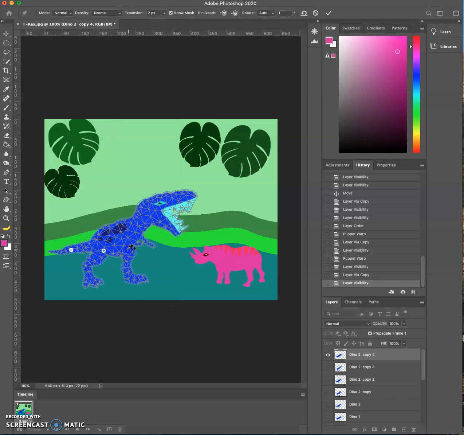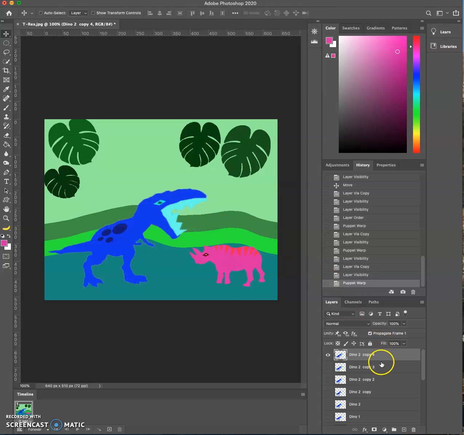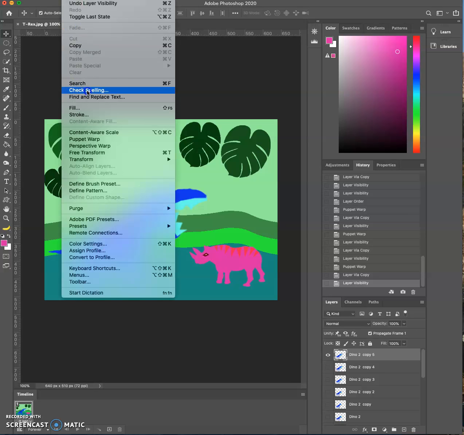Line him up again. Now, I'm going to start by lining him up really nice. I can pull that down, pull it up. There we go. Now his teeth are getting nice and big. All right, return. Now I'll do another one, Command J, turn off that one. Go to Edit, go to Puppet Warp,